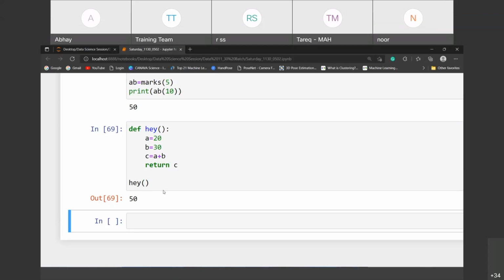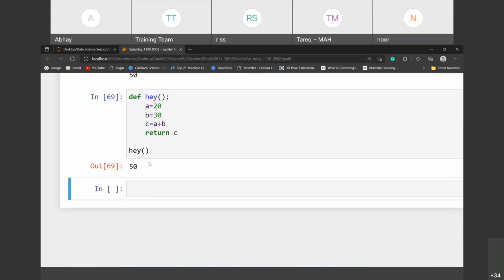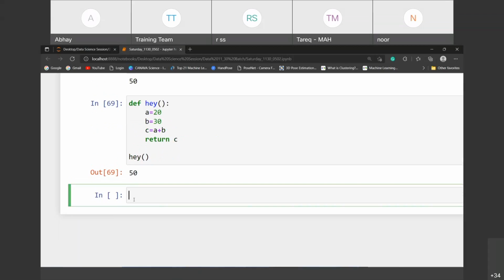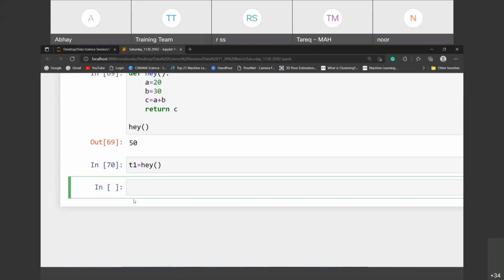But whatever value is returned will be useful for the other functions as well. Here, check out. Suppose t1 is equals to hey, t1 is equals to hey, check out.